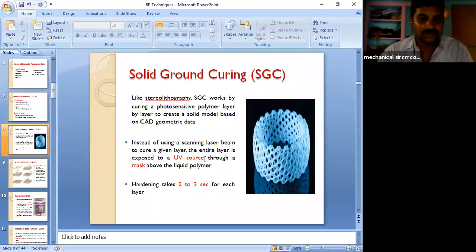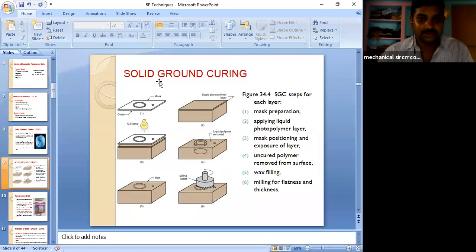Ultraviolet sources, the source of light for creating the 3D models. We used ultraviolet and mask preparation. One more thing to remember in this process is mask preparation. From the mask, the original component will be developed in these 6 stages.